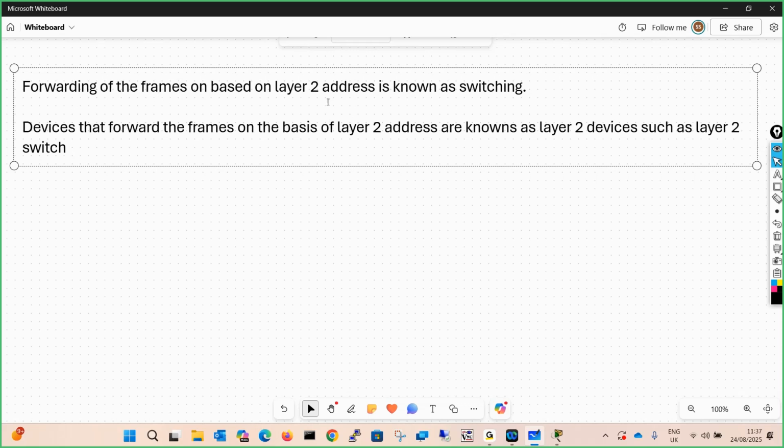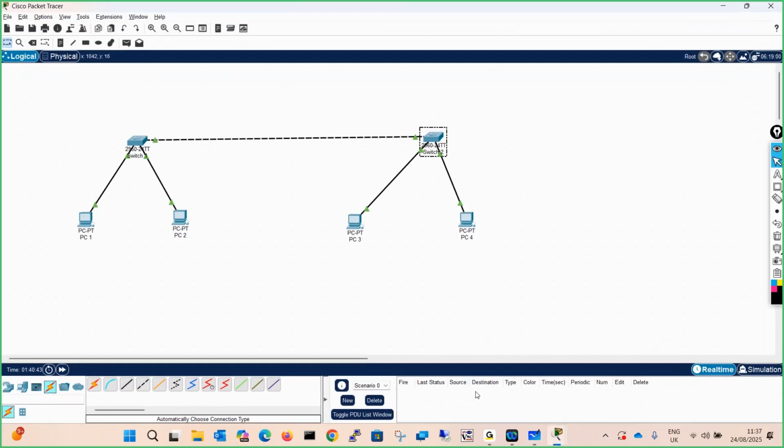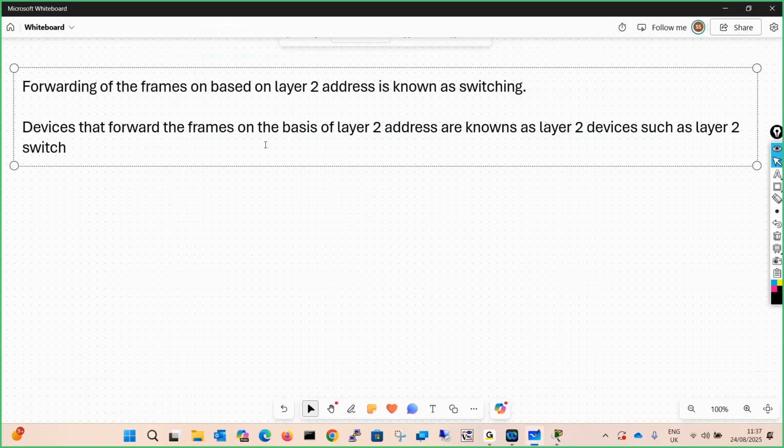So devices that forward the frames on the basis of MAC address are known as layer 2 devices, such as your layer 2 switch. The one which you are seeing over here in your lab is a layer 2 switch. What is layer 2? What is layer 3? Everything we'll discuss. Don't worry.